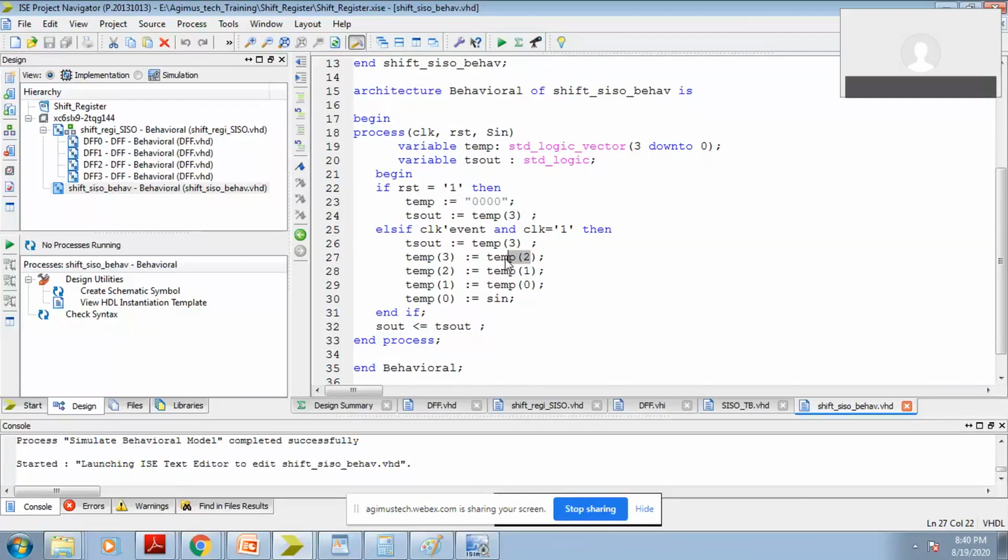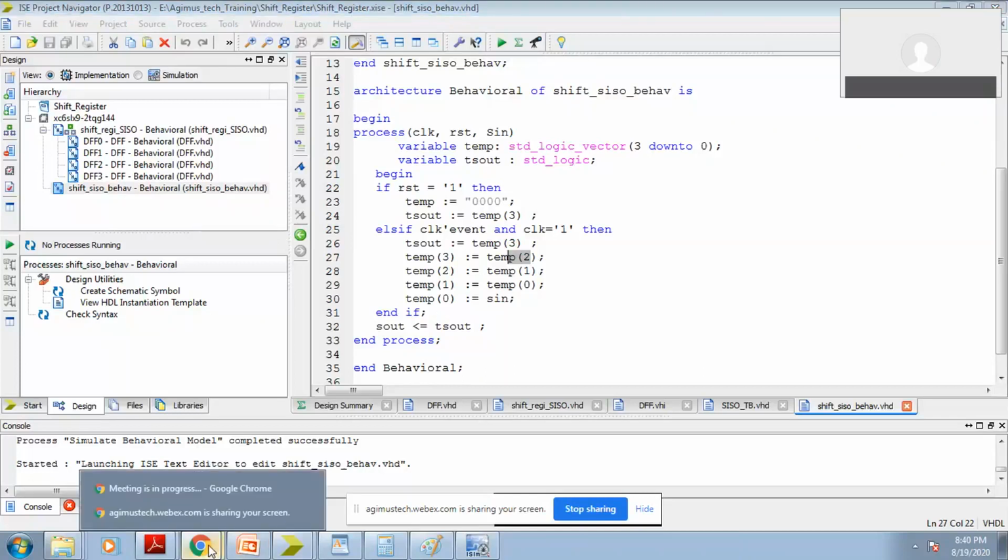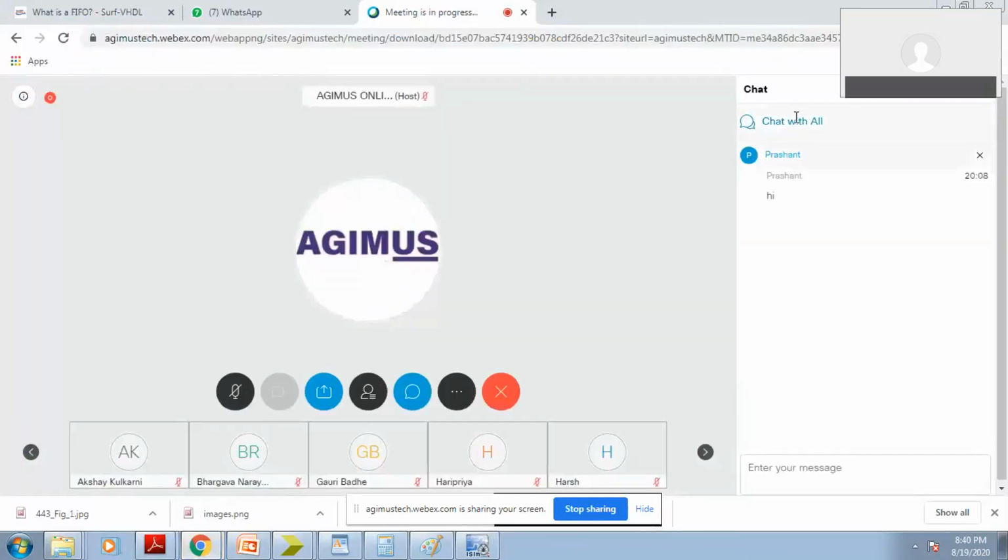Right in, which kind of shift register is this, left in or right in? Right in, sir.